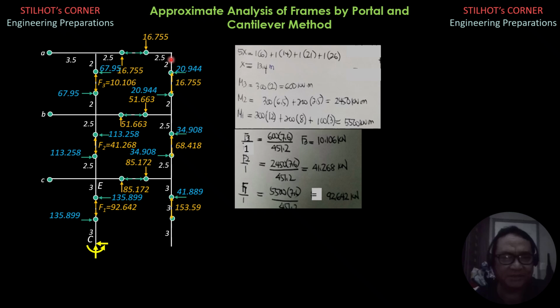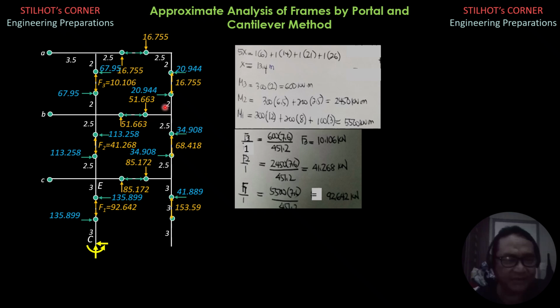Then you begin with this FBD, solve for this blue value for shear, summation moment there. So shear times 2 meters equals 16.755 times 2.5. You'll get 20.944. Then summation forces Y, that's 16.755. These forces are not important. Summation moment about A equals 0. You'll get shear 67.95. So I want you to do that. That's only statics. Then transmit those values here.